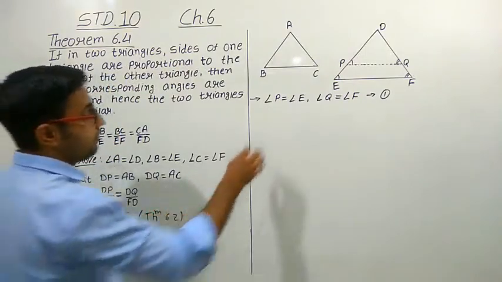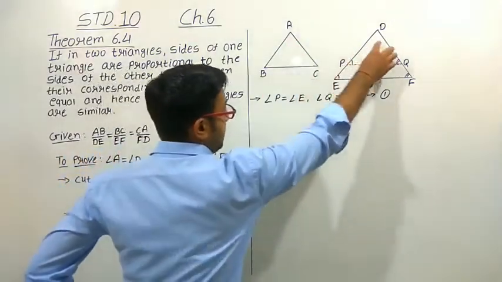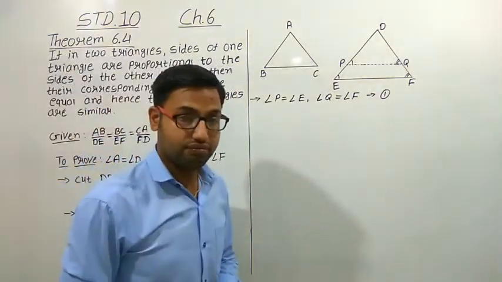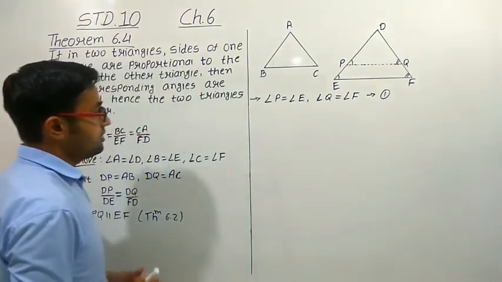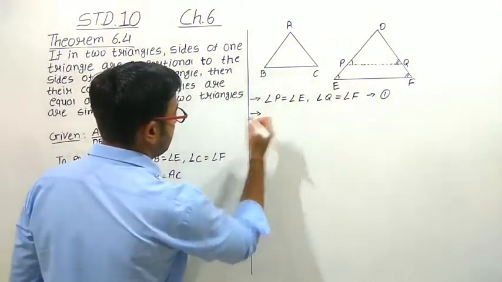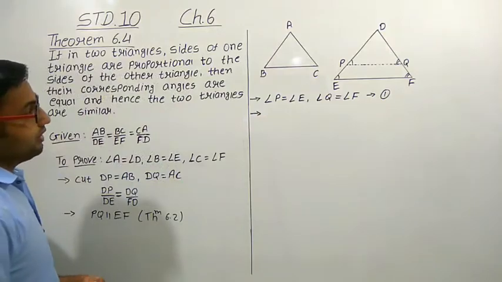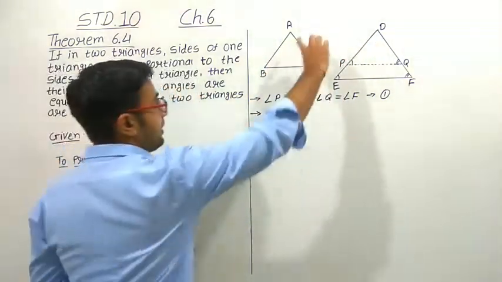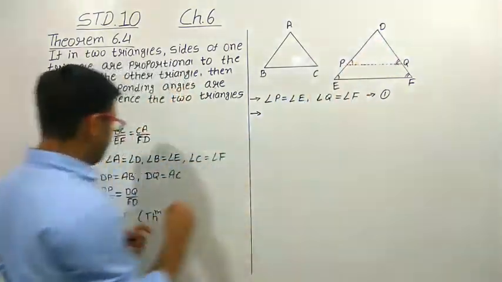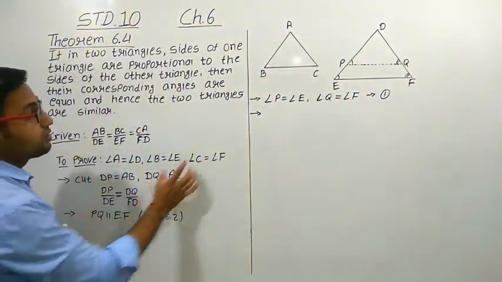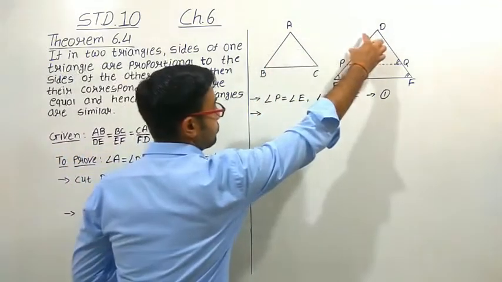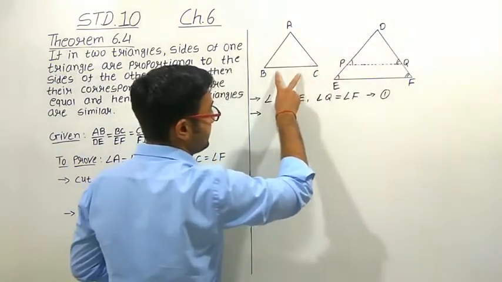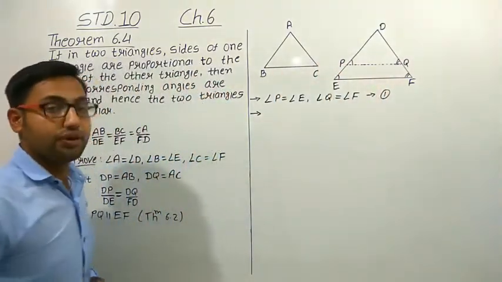Okay, to prove that we have to make ABC triangle and DPQ triangle. We have to prove that both these triangles are congruent. Okay, so how to do this? See, to make both these triangles congruent, here two things we have, that AB side is equal to DP side, and AC side and DQ side, okay, two sides we have. So these two sides of one triangle are equal to this triangle, and second side is also equal to second side, but this BC is not equal to PQ.